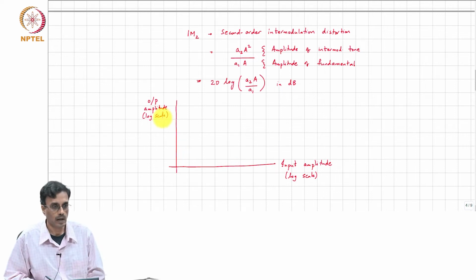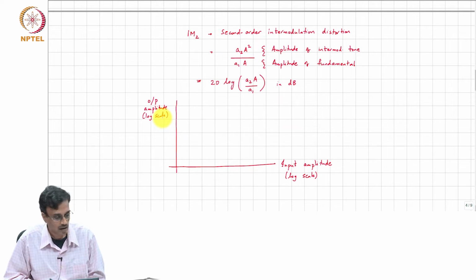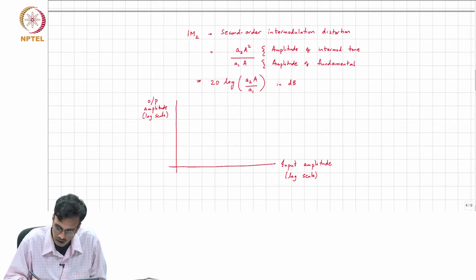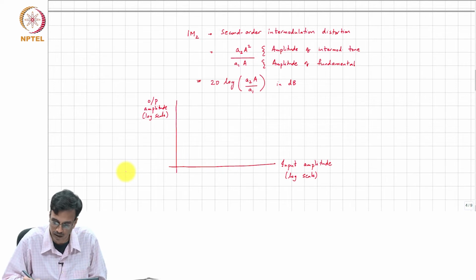On the y axis you just show the output amplitude. It can refer to the fundamental, it can refer to the second order intermod and so on. If the input amplitude is varied in a log fashion, the output will also vary in a log fashion. So, if you plot the fundamental, right,